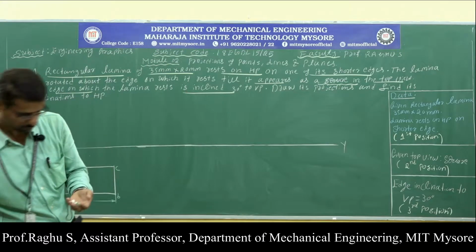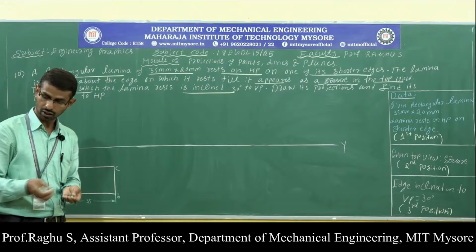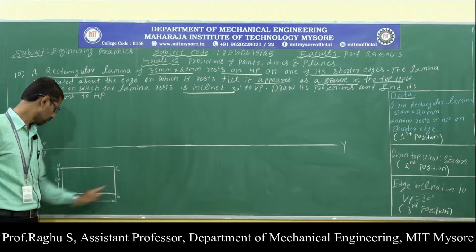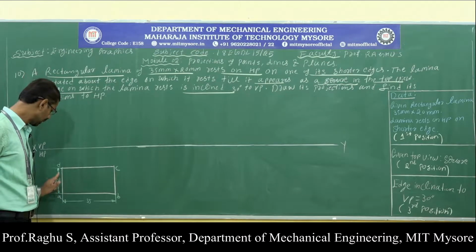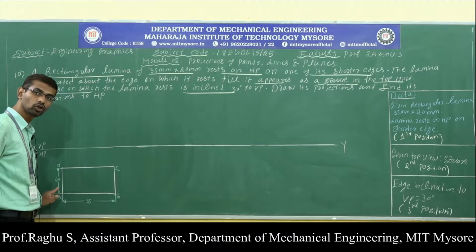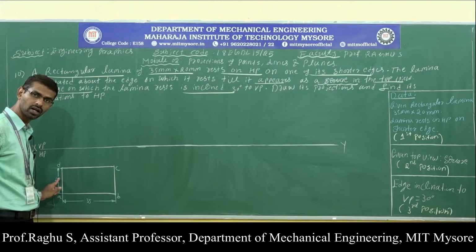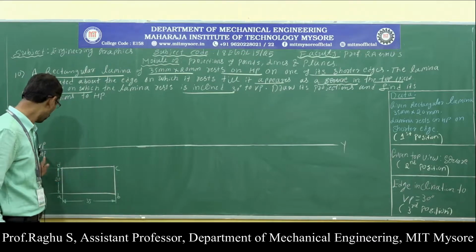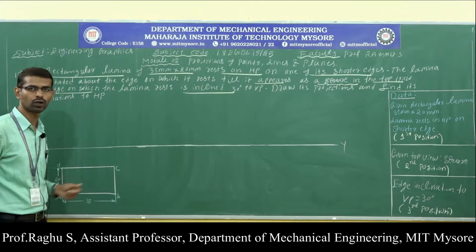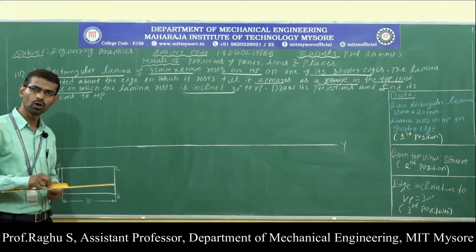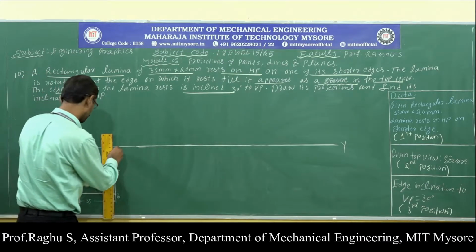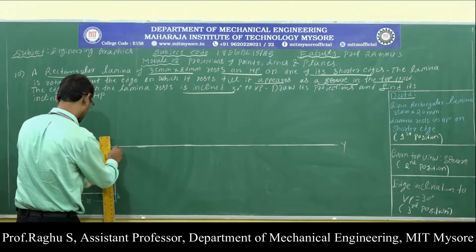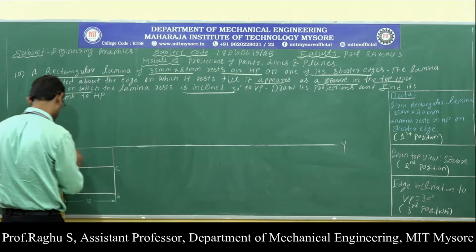Now draw the top view and front view. Construct a rectangular lamina of dimension 35 mm and 20 mm with a resting side. This is AD. The shorter resting side should come towards your left side. So I have drawn the top view. The top view comes on the horizontal plane. So this is the first position. Now to get the front view, draw projection lines. To get the front view, draw thin lines.